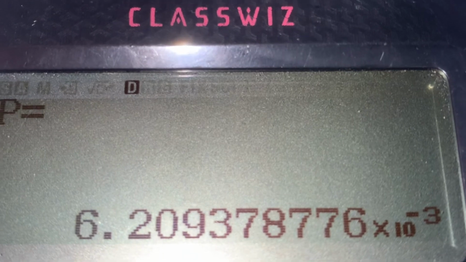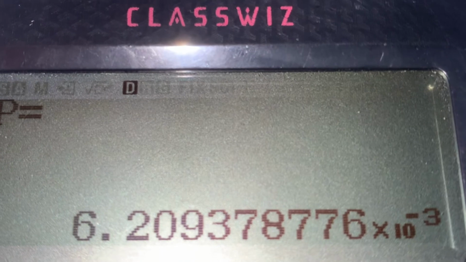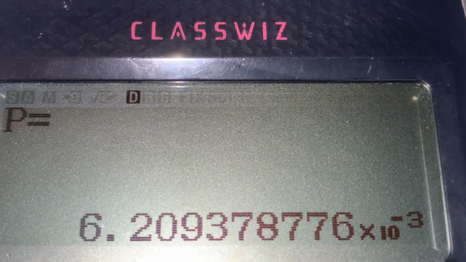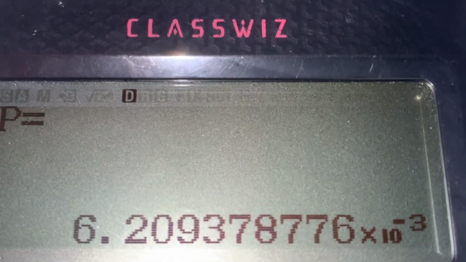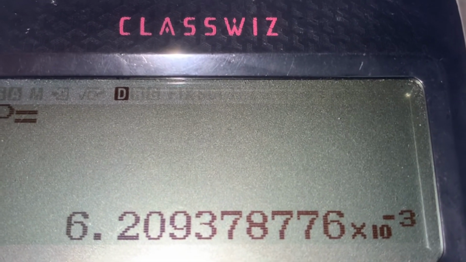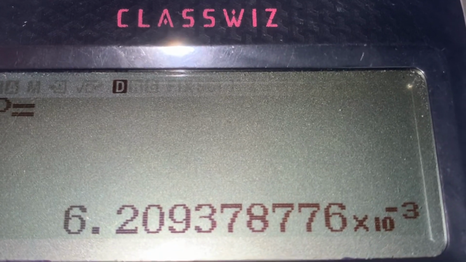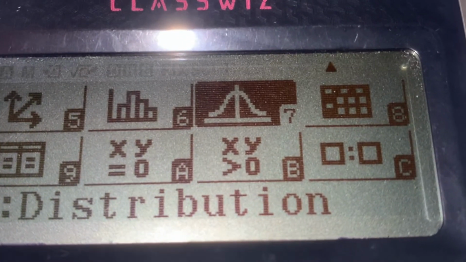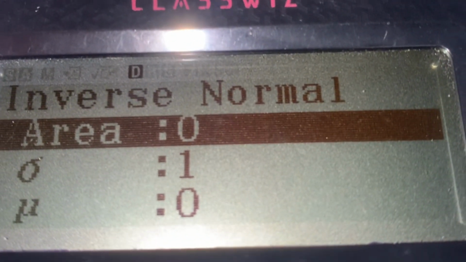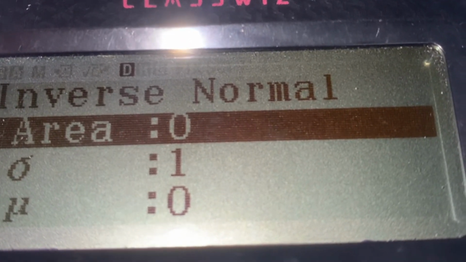Okay, so now we want to find the area that's shaded from A to the left. So we have this area plus the area given, right? The area given is 0.6413. So if I plus 0.6413 with this one, I get the area shaded to the left. Get what I mean? Okay, let's now go to bell shape, right? You go to 3 inverse normal. Now the area that you need to focus on for this calculator is area shaded to the left. So it's actually